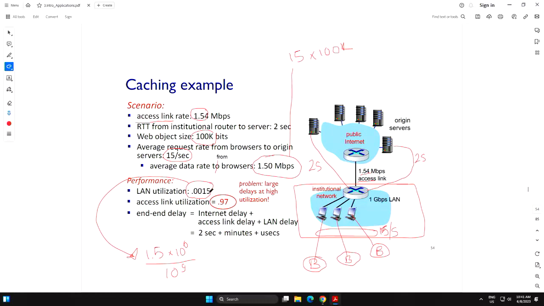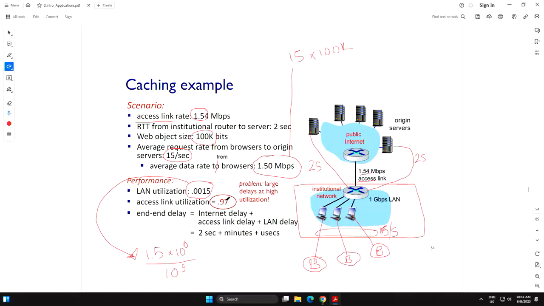LAN utilization, the maximum utilization is 1, right? So if you generate 1 gigabit per second traffic, the LAN is hugely congested, and then you will see nothing is getting through your LAN. So the LAN is not overloaded, it's lightly loaded. This is a typical scenario. That's why we go for 1 gigabit per second, 10 gigabit per second, 100 gigabit per second in big organizations.